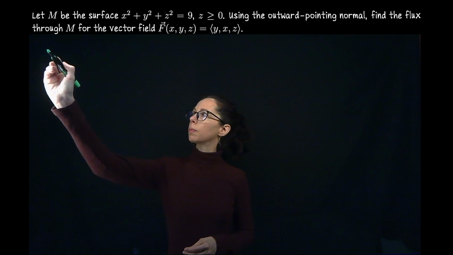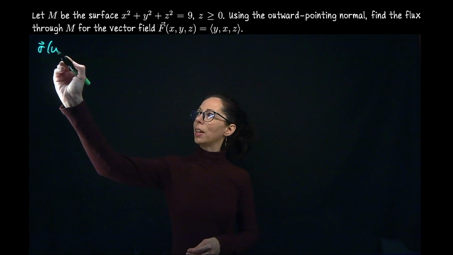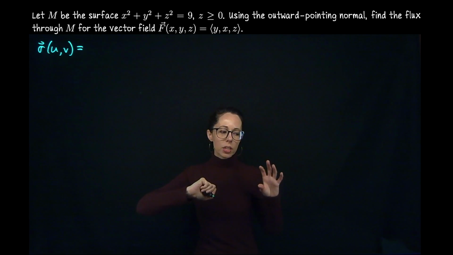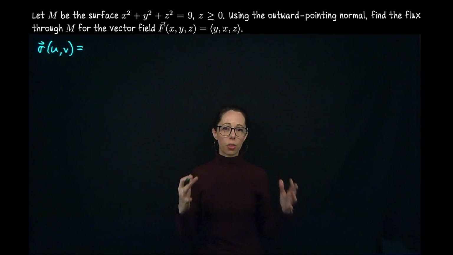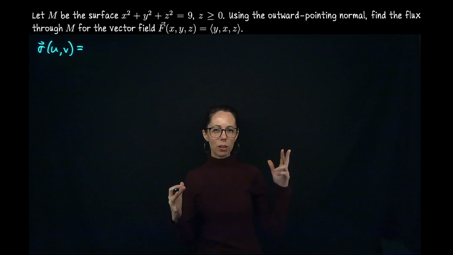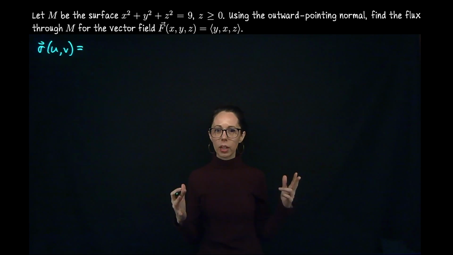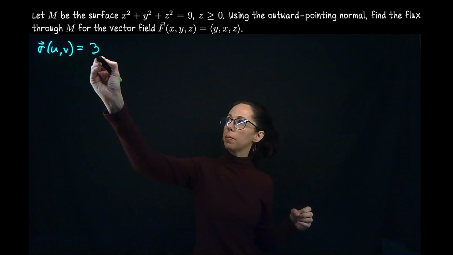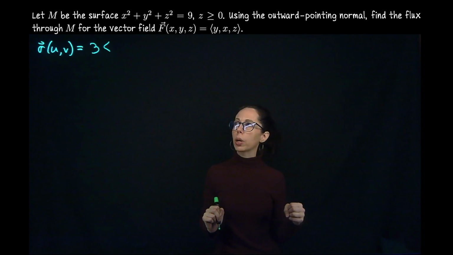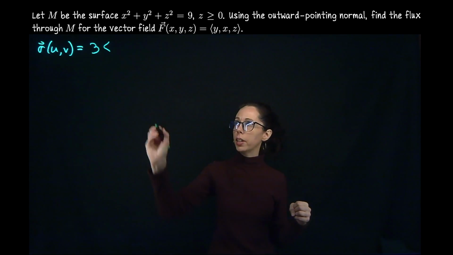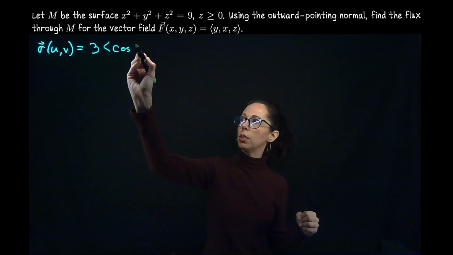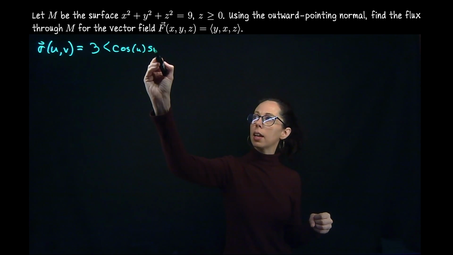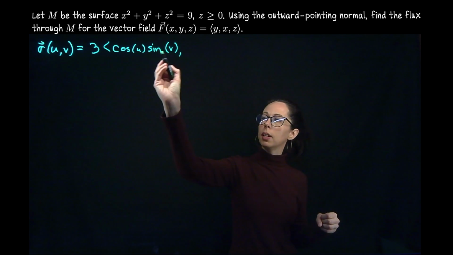So let's write r of u and v. This is going to be my parametric description of the surface. Notice the radius of the sphere is always 3. So if I said that and you thought, wait, spherical parametrization requires 3 coordinates, and here we only have 2 coordinates. The radius is fixed at 3. In fact, I'm going to write it out front. And then our coordinate by coordinate description for this sphere will be cosine of u, so that's like theta, the angle rotation in the xy plane, sine of v,